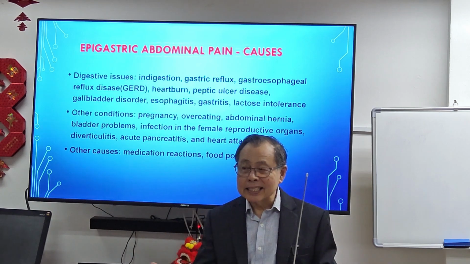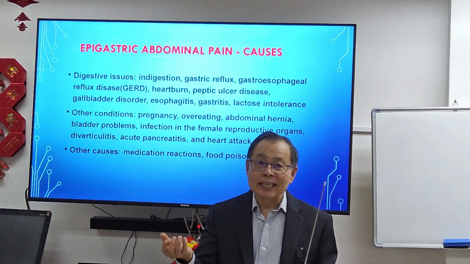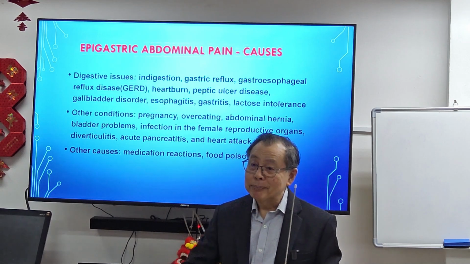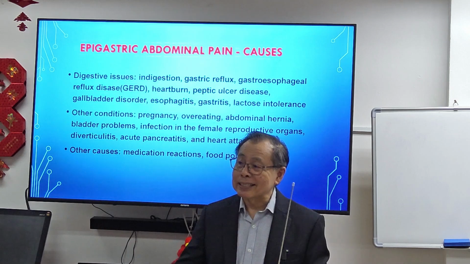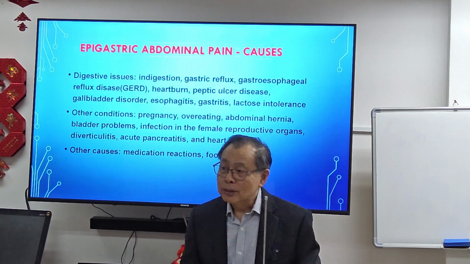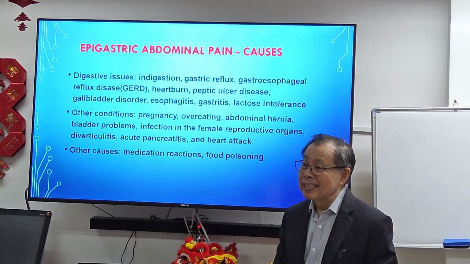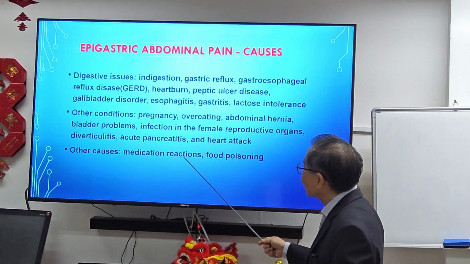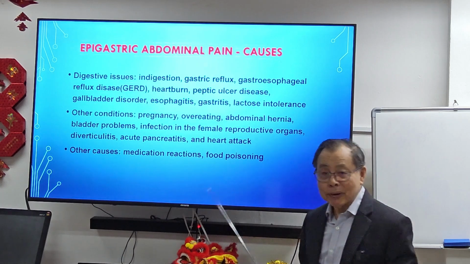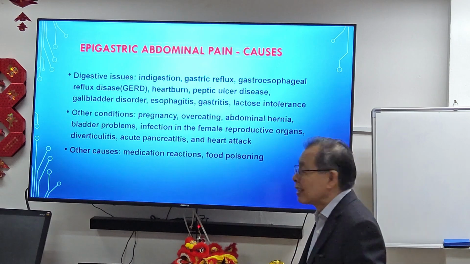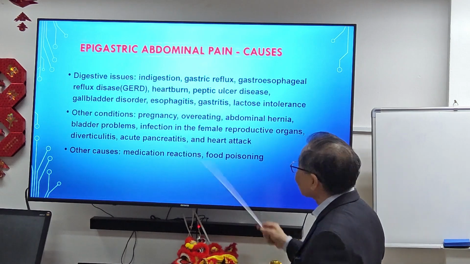Now you know painkillers you need to take with gastric pills, right? Because they cause bleeding. They cause acid production in the stomach. So he bled because of that. So medication reaction is very important, and of course food poisoning, which is quite common, especially if you travel to other parts of the world. So these are all the causes of